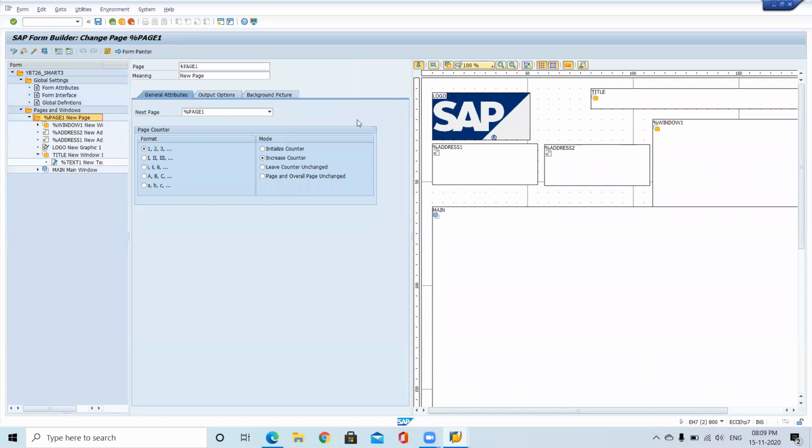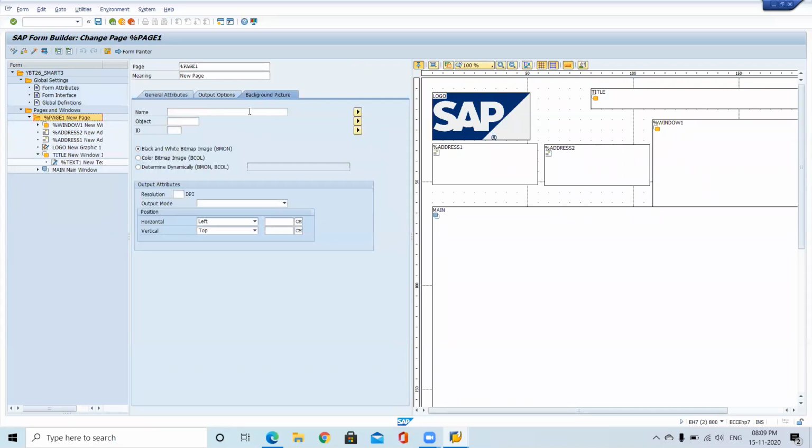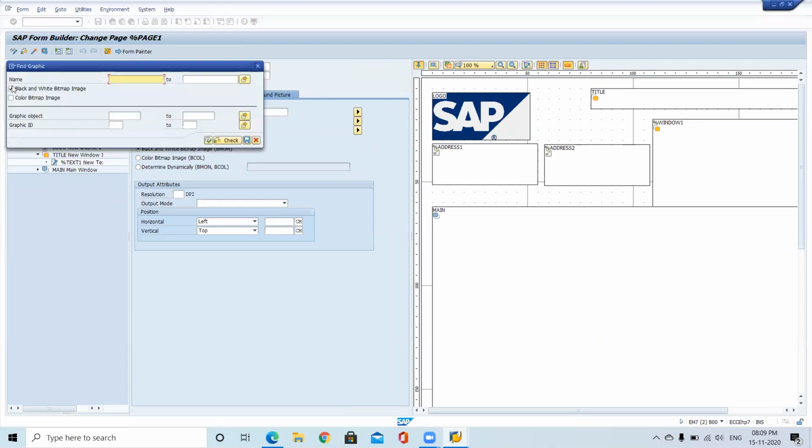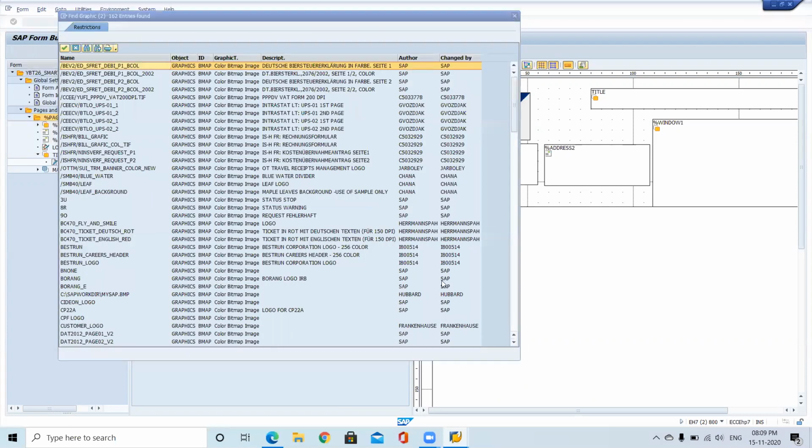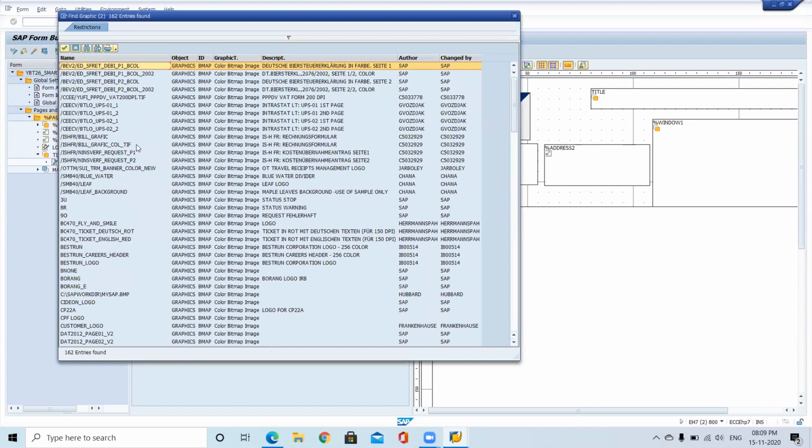So here, you will get an option like a background picture. So we need a colorful format. Just select this colorful format. So it will show what formats are available. So leaf background.